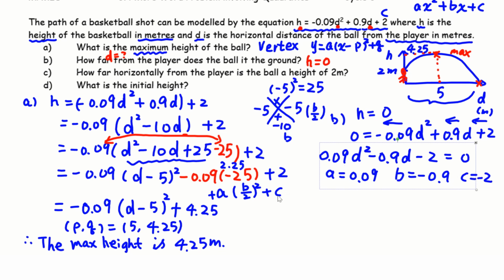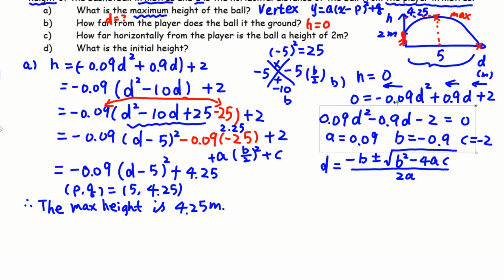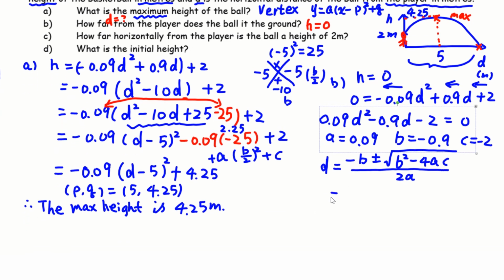Then we are going to use the quadratic formula. So d equals negative b plus minus square root b squared minus 4ac all over 2a. Then we are going to sub in the given information. The b is negative 0.9, so we are going to scroll down, equals